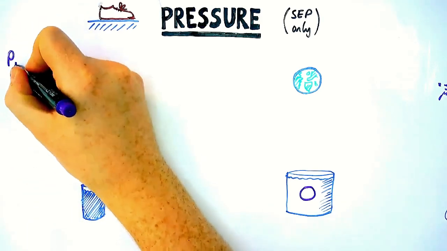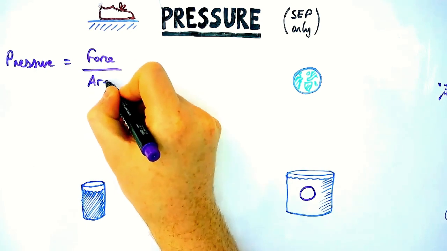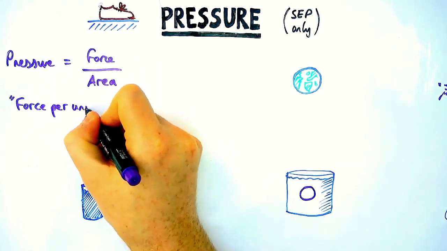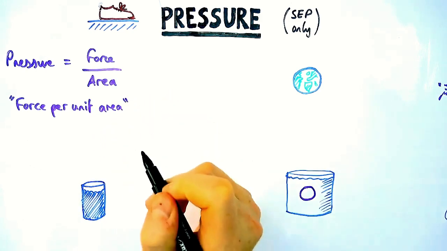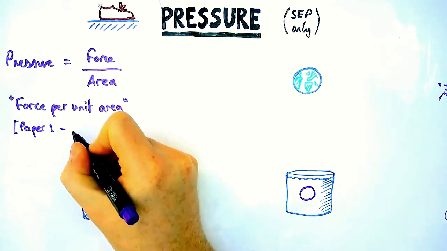Pressure is probably how you're feeling about your exams right about now, but let's have a look at what it means in physics. So pressure is defined as the force per unit area. There's an equation for it, but you need to know the words as well. Force per unit area, meaning that if I was to divide the force by the area, I would find the